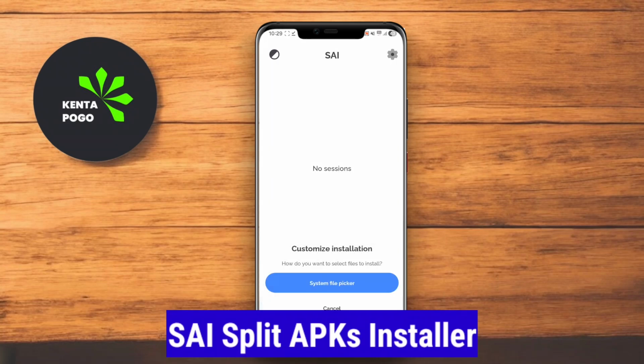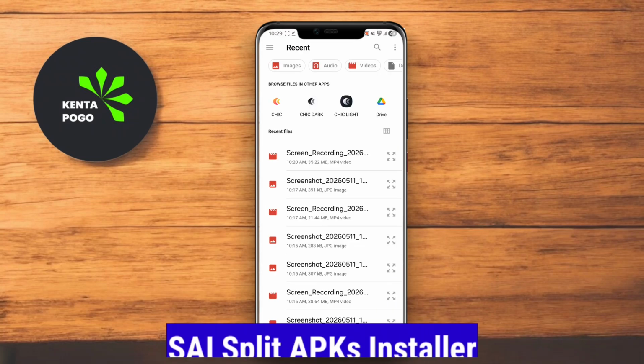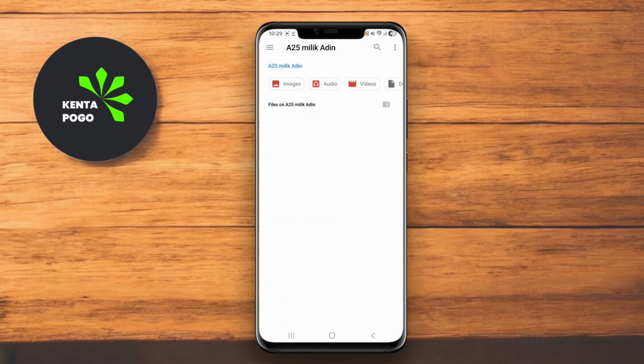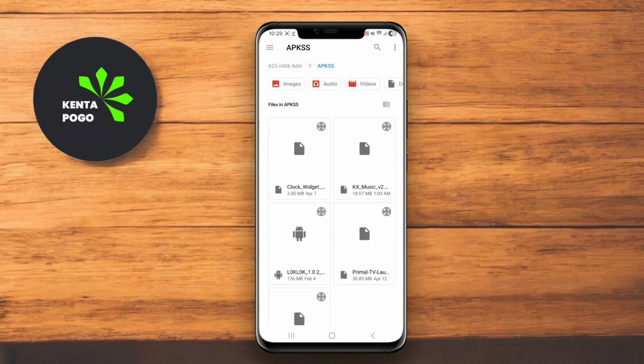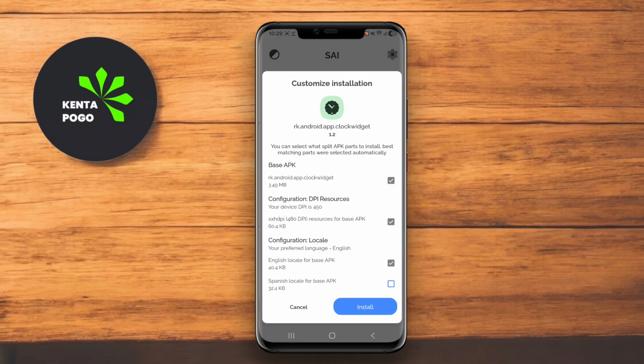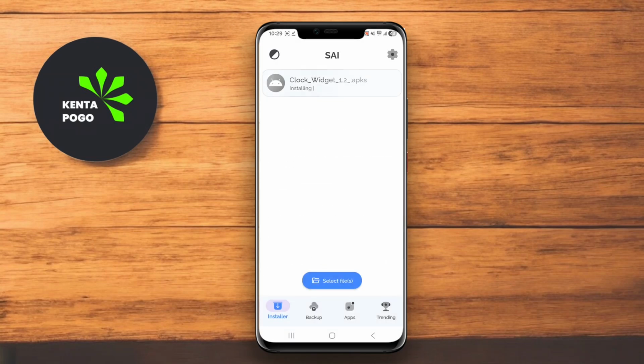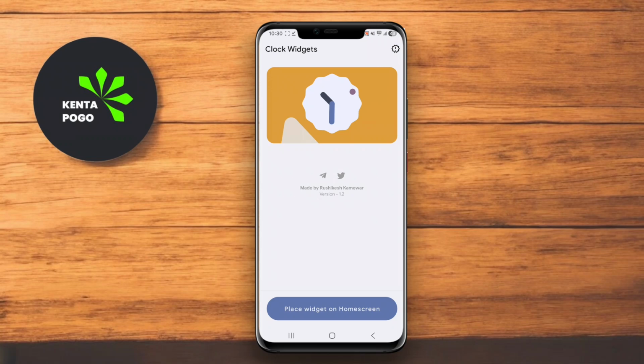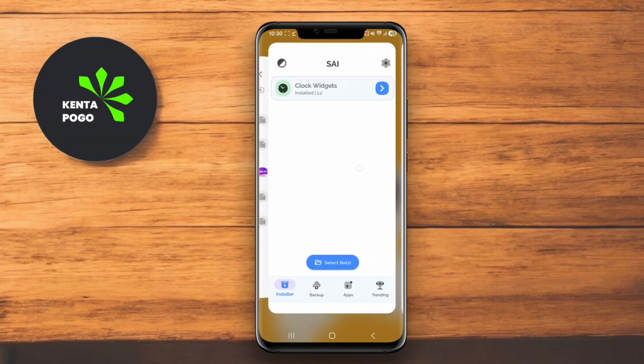SAI Split APKs Installer. SAI Split APKs Installer is a user-friendly app designed to install split APKs, which are a common way to distribute Android applications. It supports both APK and OBB file installations, making it versatile for various types of apps. The app features a simple interface that allows users to easily select and install APK files directly from their device